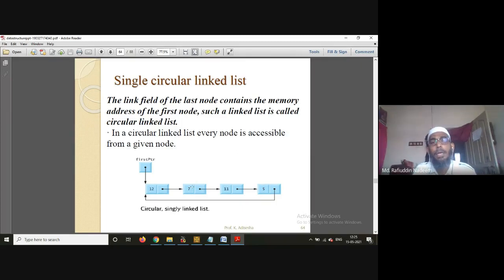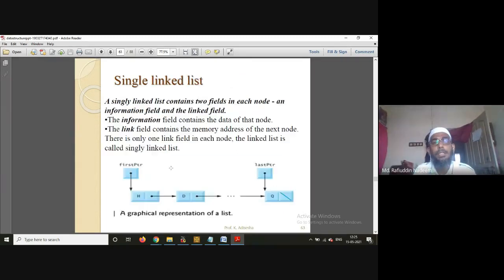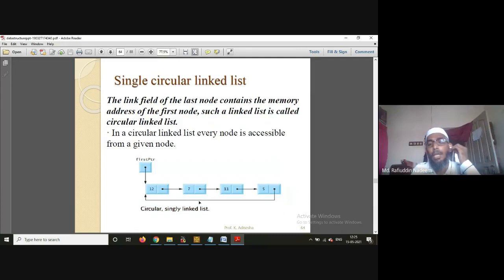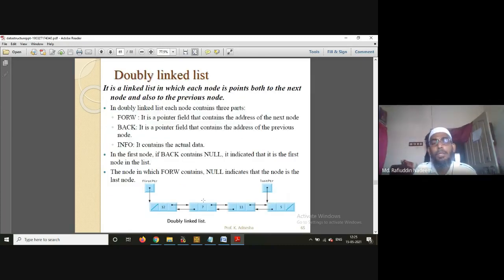In case of a single linked list, you cannot access all the content. For example, if you got the address of the third node, from the third node to the last node you can move. You cannot retrieve the previous two nodes unless you have the first pointer, meaning the beginning node's address. Whereas in a circular linked list, if you know the address of any node, you can traverse through the entire list. The only thing is you can move only in the forward direction. That's what the circular linked list is.